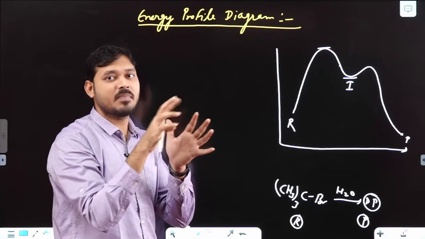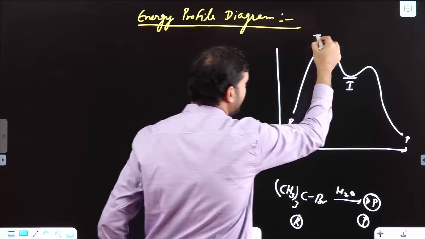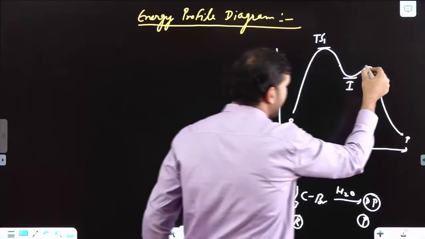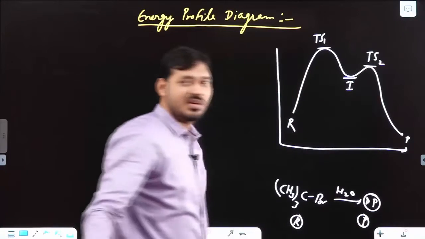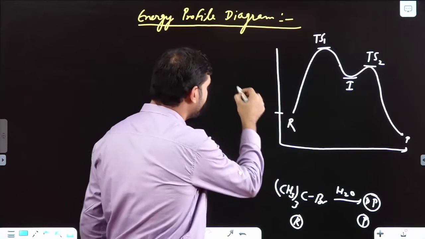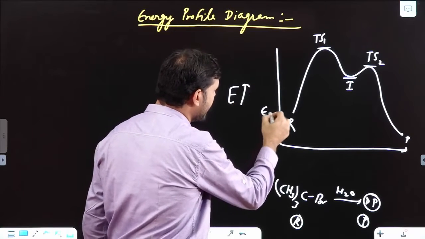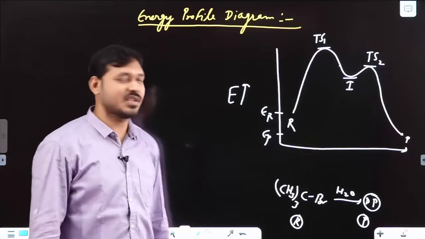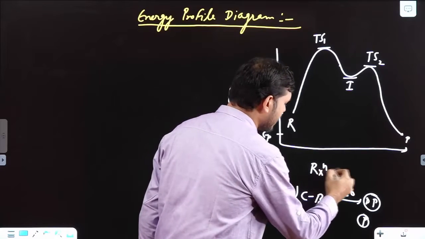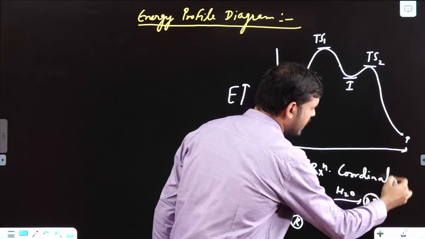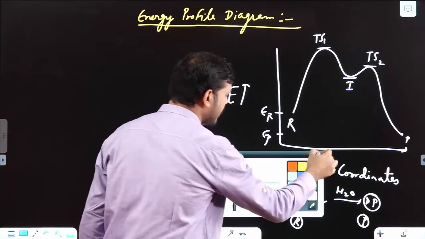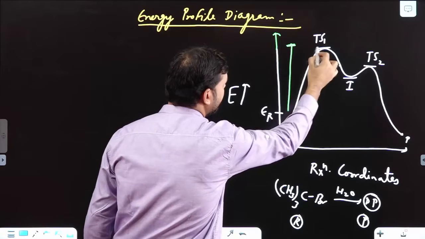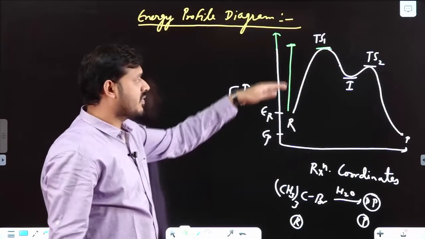From reactant towards intermediate, there is a transition state. What will that be? That will be the part having bond breaking. So it will be transition state 1, because every step has one transition state. Now here it will have transition state 2. You can see the energy, it is ER and this is your EP. The energy possessed by the product is lower, so the reaction is exothermic, and this is your reaction coordinate. Now this part is your activation energy for the forward direction.